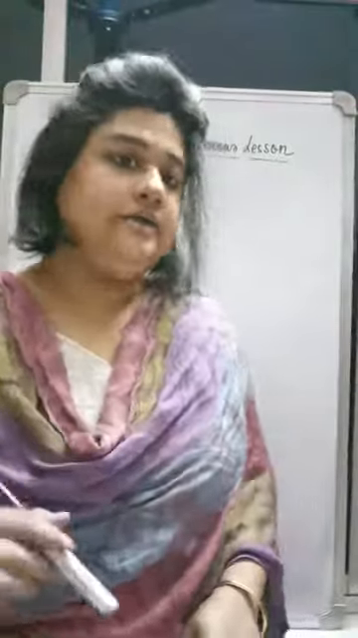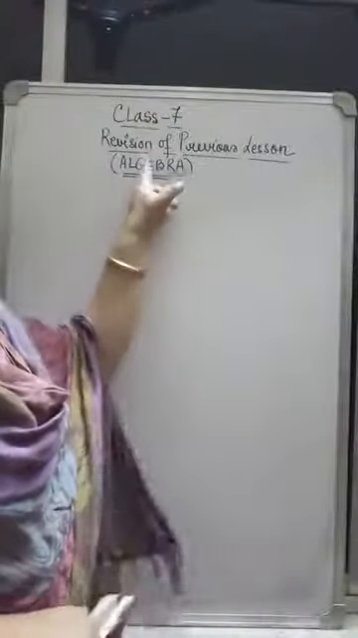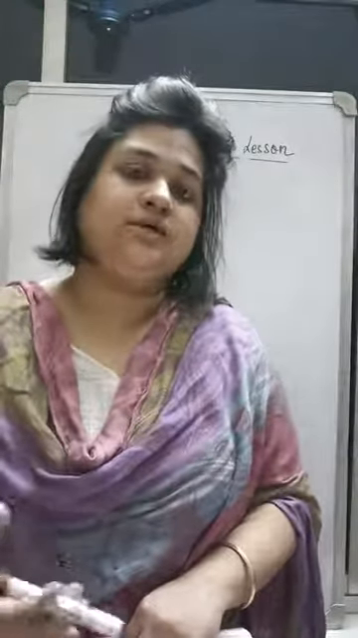Class 7, we are going to start with the algebra portion, and first the chapter is revision of previous lesson. That means whatever you have done in class 6 algebra portion, here the first chapter contains all sums related to revision of class 6 syllabus. So we are going to start off with the first exercise, that is exercise 1,